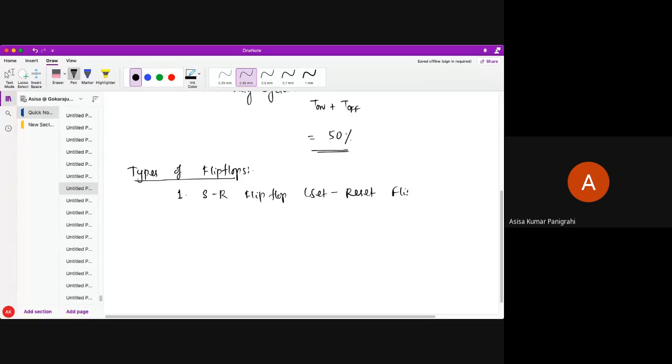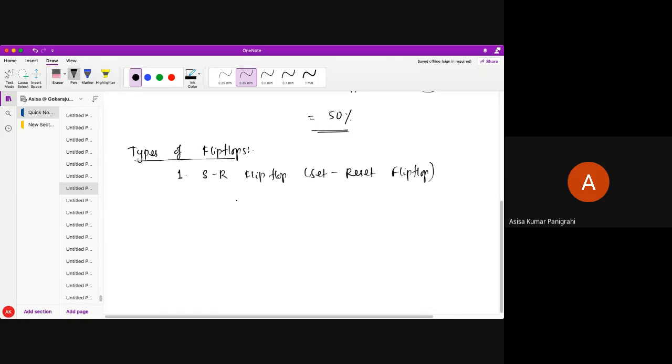Very important, students. Surely some questions will come. Minimum 15 marks will come from this flip-flop chapter. If you are not understanding, it's a waste for you. You cannot get a good mark in the exam. So minimum 15 marks. Remember. Next,